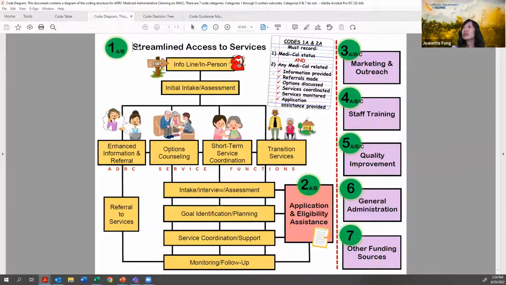So starting with streamlined access to services, a lot of times people come to the ADRC, the AAA or ILC, either by phone, your info line, or in person. Sometimes maybe you do an initial intake or an assessment. Sometimes that call or visit goes a variety of different ways based on the needs of the client.